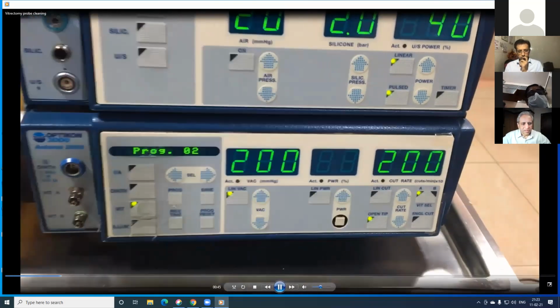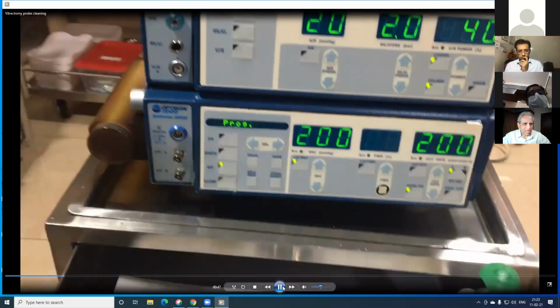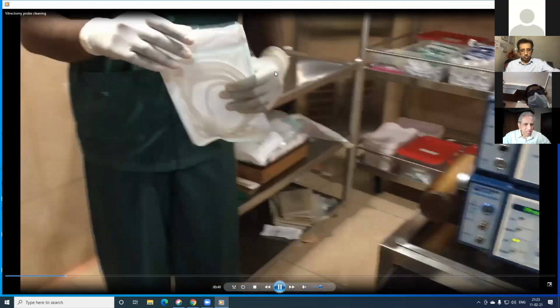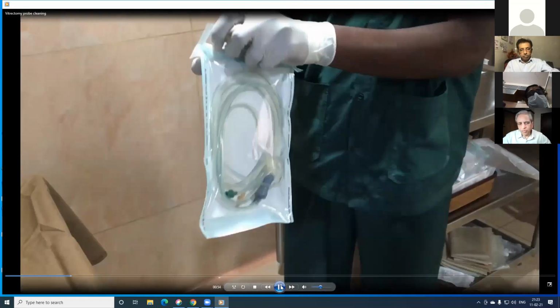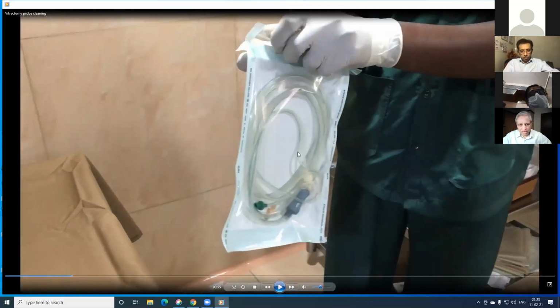And as you were told, that is the Tyvek pouch, about which I would like to say a few words. This is a reusable vitrectomy probe. The advantage of this is every center will not have a gas sterilizer, so it can be autoclaved. These are silicone tubes, and the contents of the probe itself can be autoclaved. So you can autoclave this and keep it ready in a Tyvek pouch.